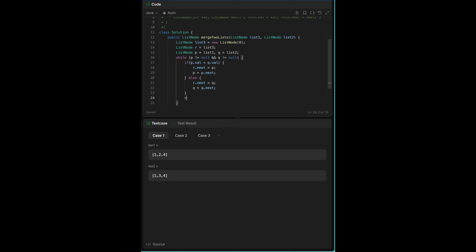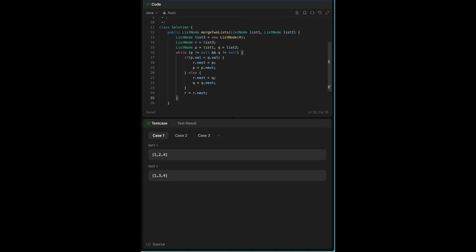And in any case, we have to do r is equal to r dot next, because we have to now add the next value to the next pointer, right? So that's it. And now suppose p got empty or q got empty. We don't know, right? So what we will do is set the remaining r dot next to equal to